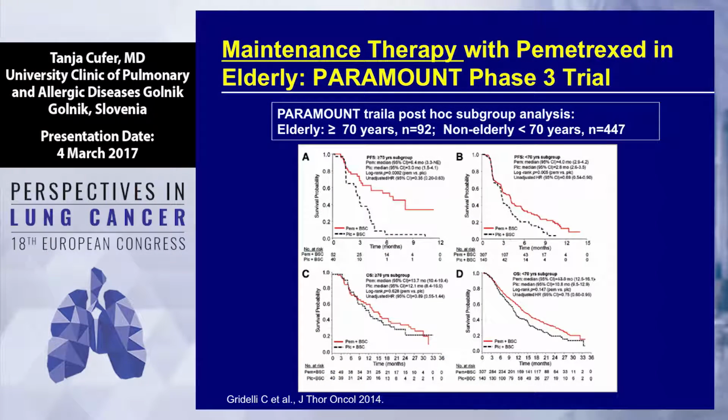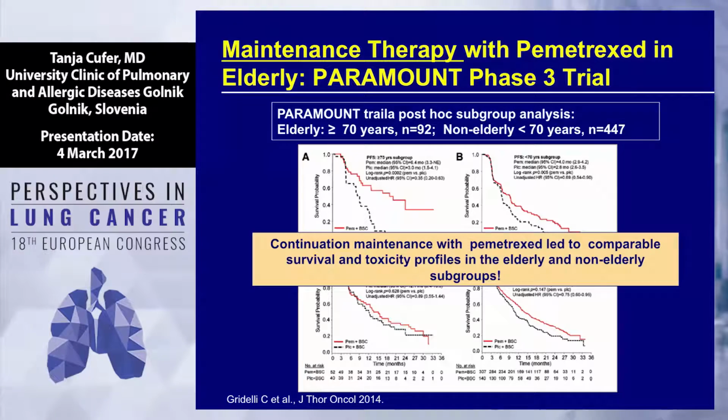That's about the first-line chemotherapy. What about the maintenance chemotherapy? Maintenance chemotherapy we are using nowadays, more or less the most important from my point of view, is Pemetrexed maintenance chemotherapy in adenocarcinoma patients, first line without targets. The subset analysis in the PARAMOUNT trial showed that the benefit for elderly patients was the same as for the patients less than 70 years old. Only patients with performance status 0 and 1 have been included.